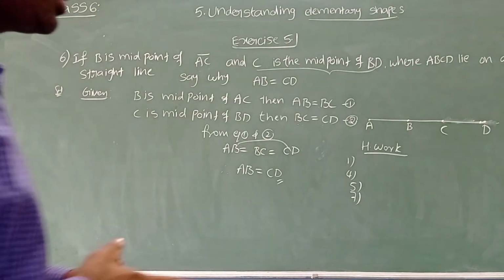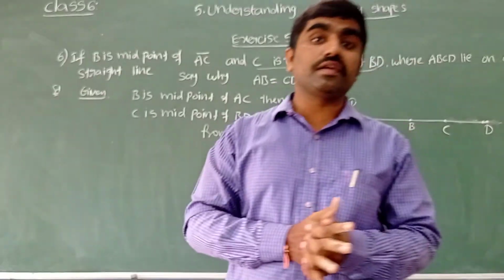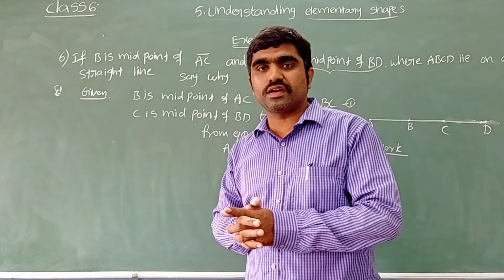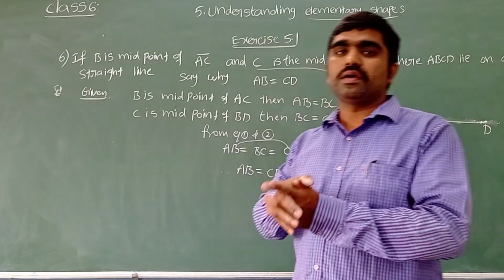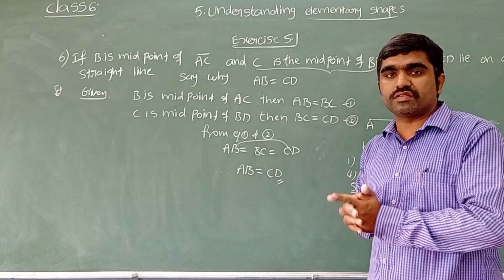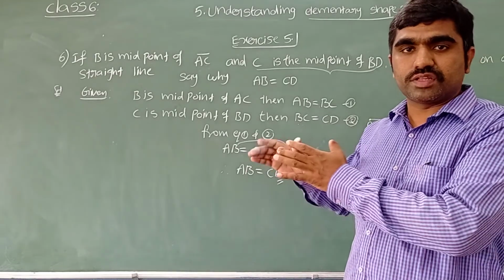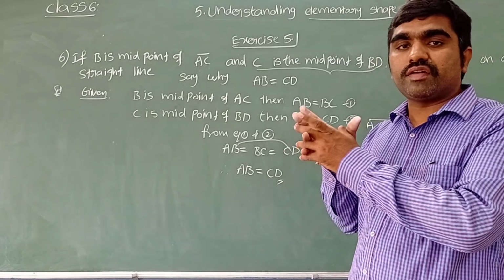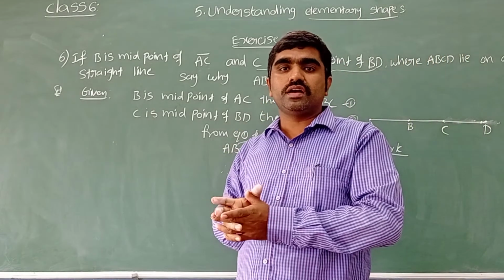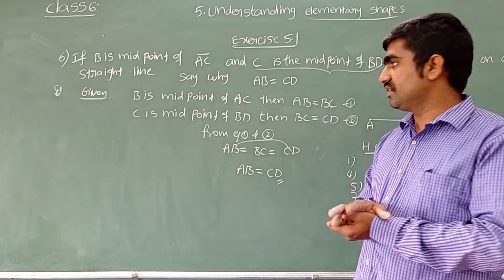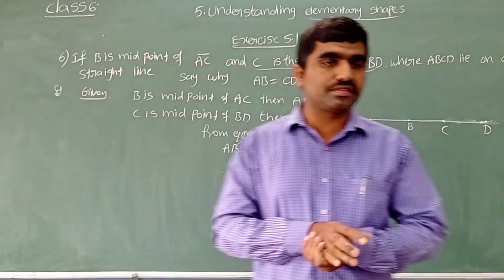I think the concept is clear for everyone today. Today we learned how to compare the length of line segments by observation, by tracing on paper, and by measuring with ruler and divider. Measuring with ruler and divider is the convenient method for us, and the divider will give an accurate measure. Even if you use a scale, there is not much difference.